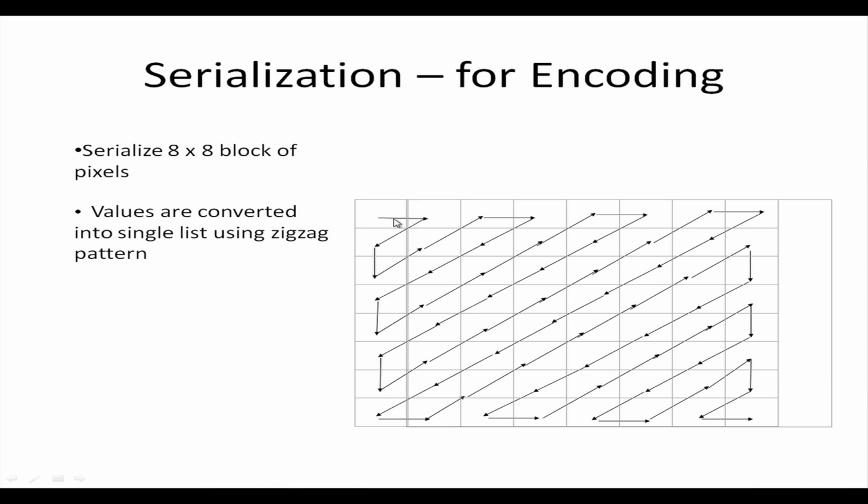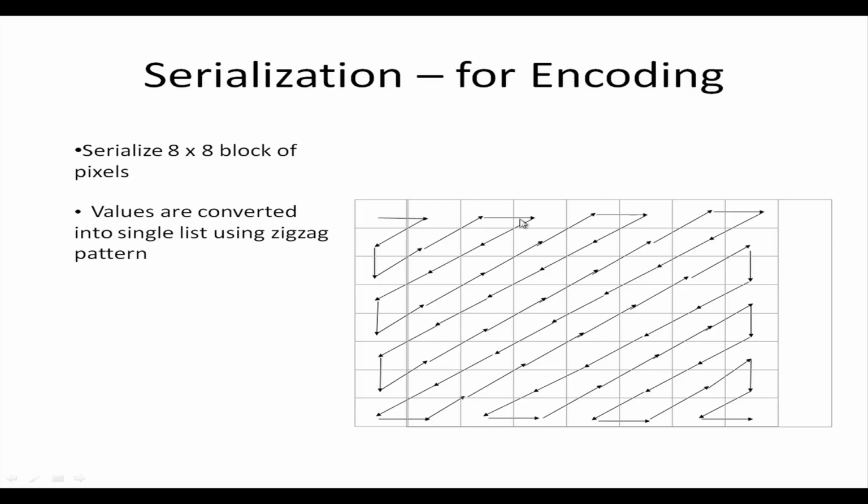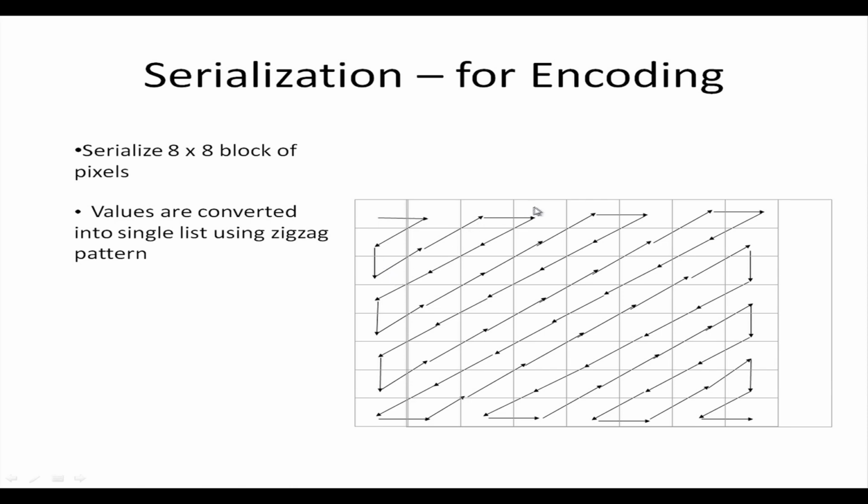Because if I had gone straight, I would go from more information to less information, then again more information to less information, or the other way, if I start from here and go down, more to less like that. Then I would have lost the serialization of the information content. Therefore, a zigzag pattern is utilized, so that I keep the more information content things together as far as possible, right. Clear? So, that is the pattern that is done.